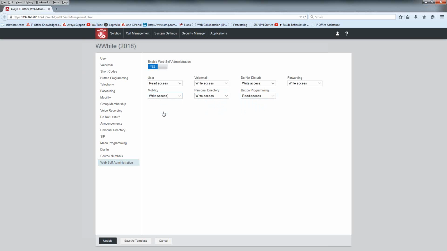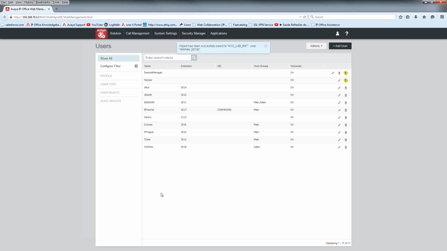And read access for that. I'm sorry, write access for mobility and also the personal directory. Alright, so now here we have Walter White. He's at extension 2018. He's in the sales hunt group. Okay, and if we go back here,